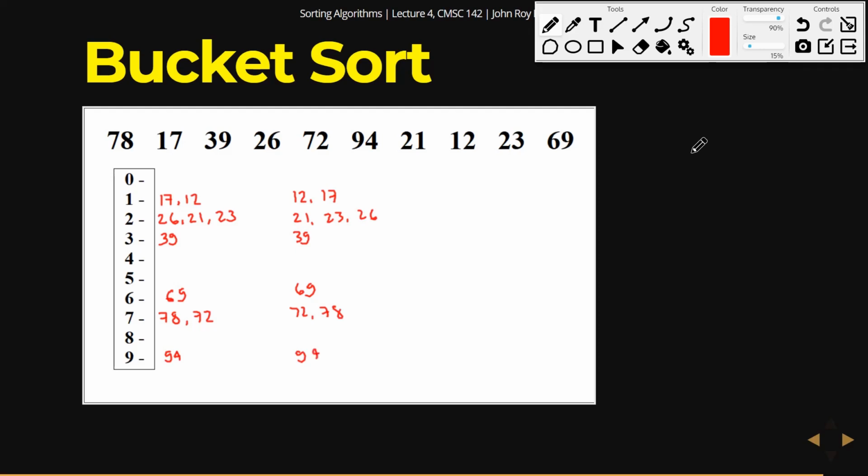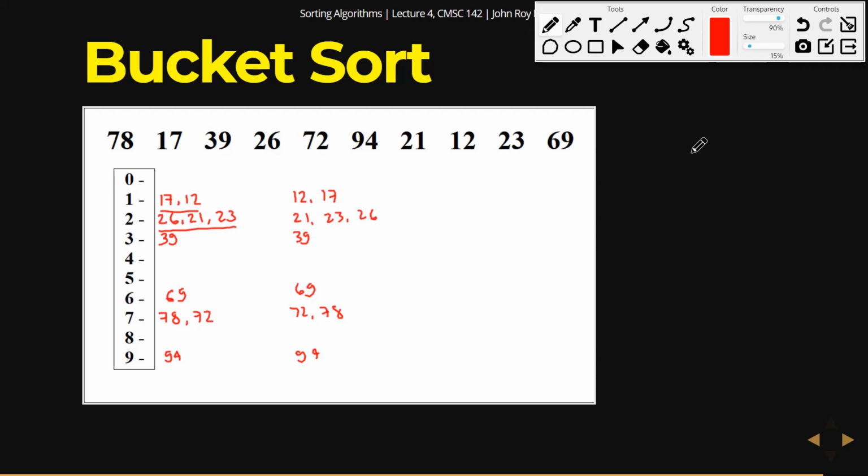Now, you might say, aren't we doing too much because we're sorting a lot of things? Well, not really, because if you have distributed the items fairly or uniformly, then each bucket should contain only a few items. So here, you're only sorting 2 or 3 items, and that's very manageable. After doing all of that, we'll combine all the answers, starting from 0